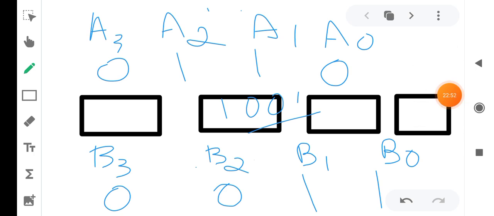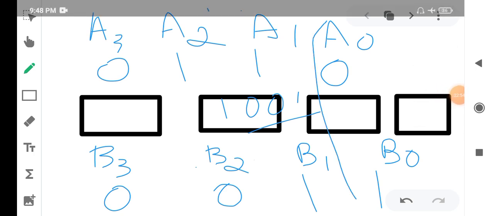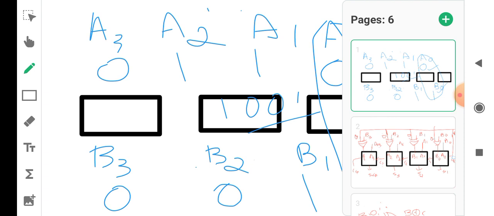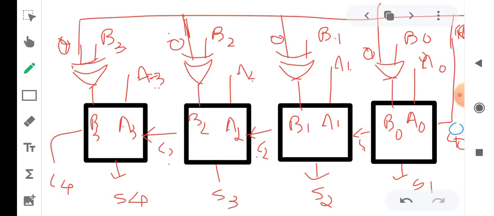For the first adder we have a0 equal to 0 and b0 equal to 1, and c is equal to 0 here.